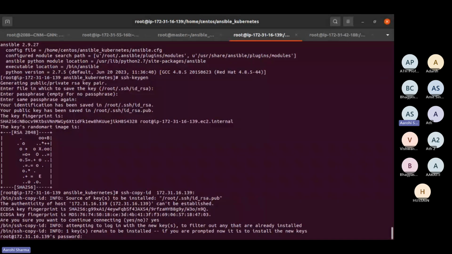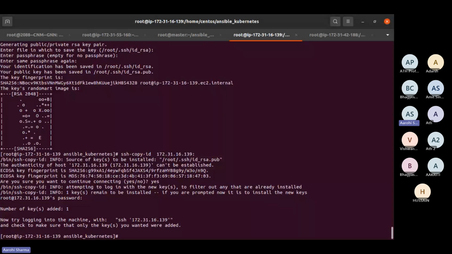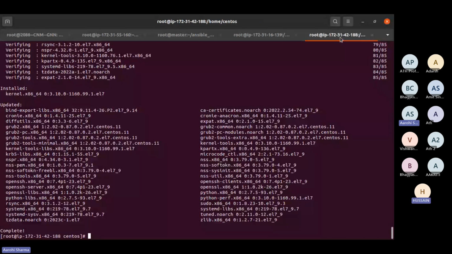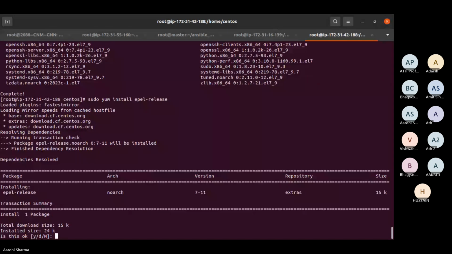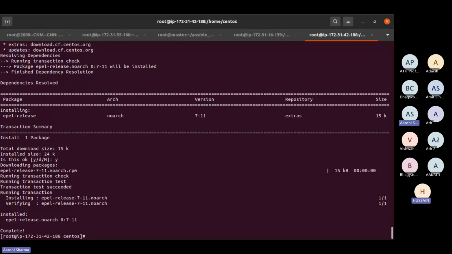So I'm going to put the password which I set in the early stage. So we have completed this. After this, over here also I'm installing the EPEL release, the Extra Packages for Enterprise Linux. Then, guys, I'm installing Ansible with sudo yum install ansible.